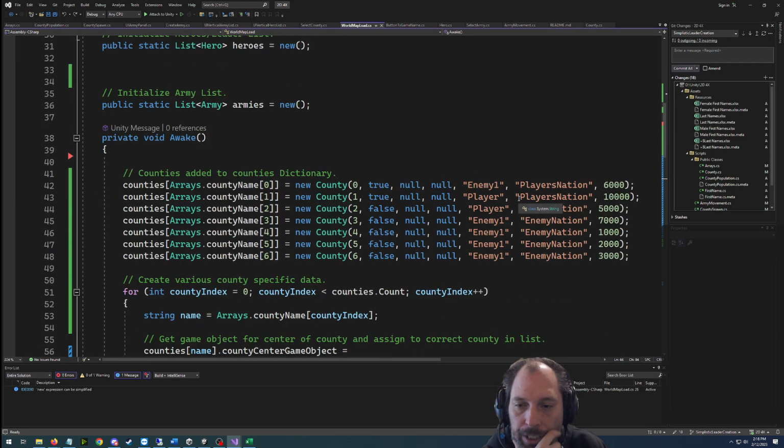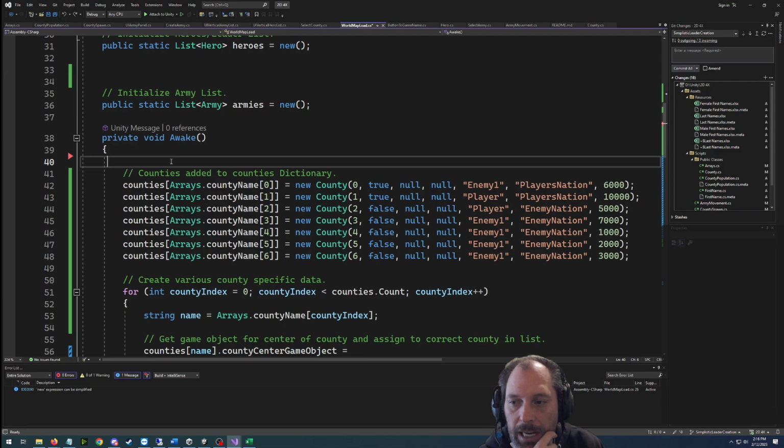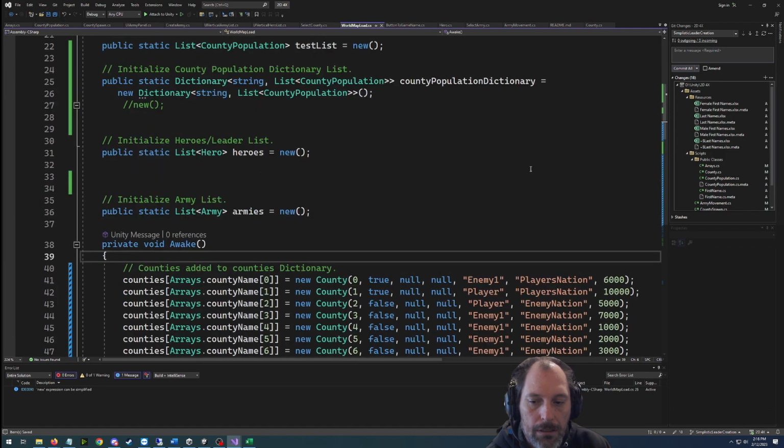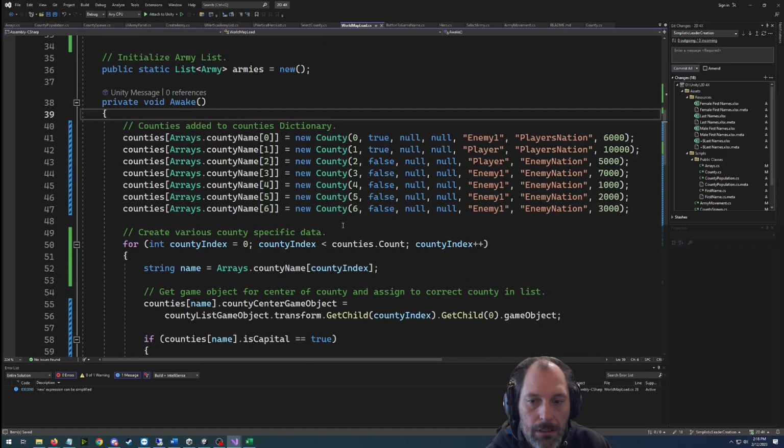So this is a dictionary of classes of a public class called county. And so the name equals county, and then it's this thing. And that works great. This is exactly how we want that to work. But when we